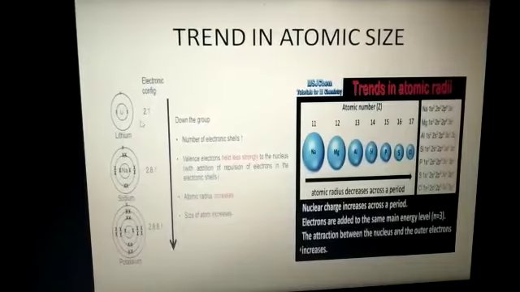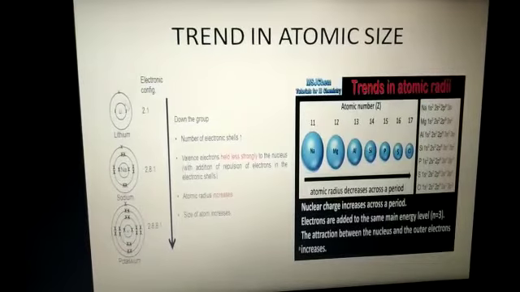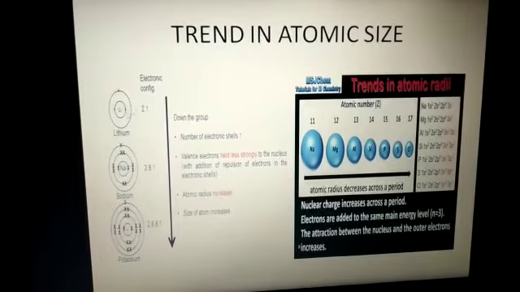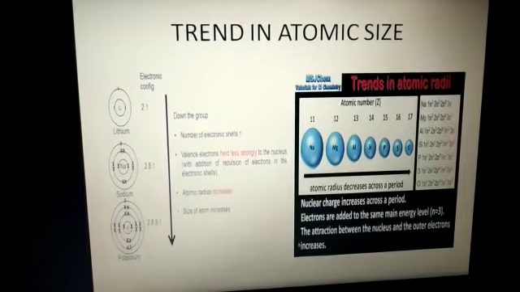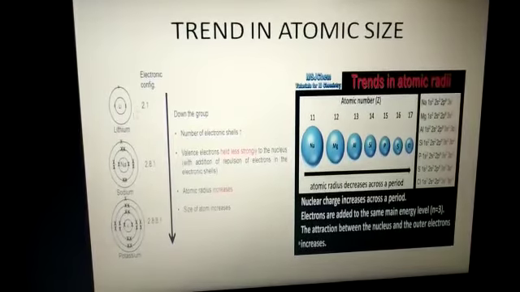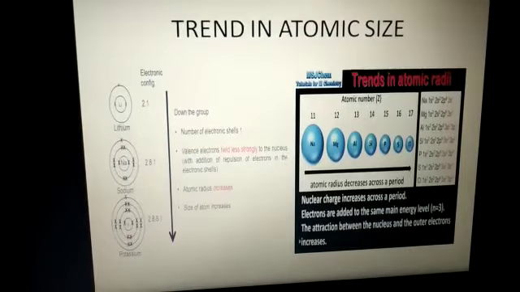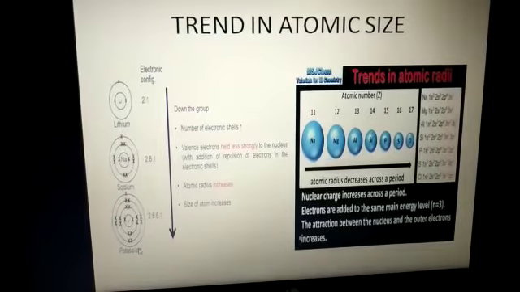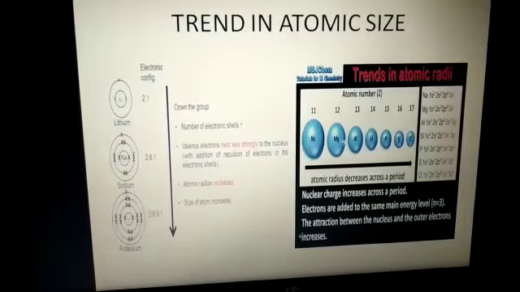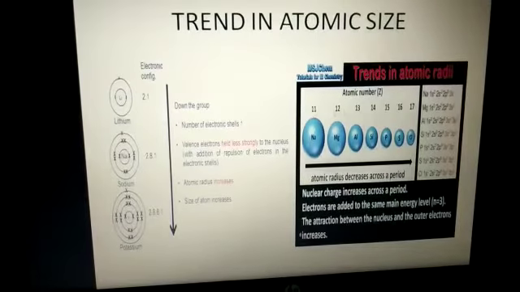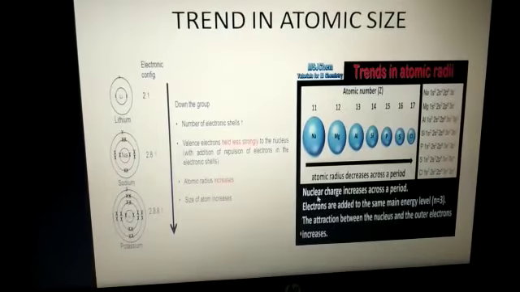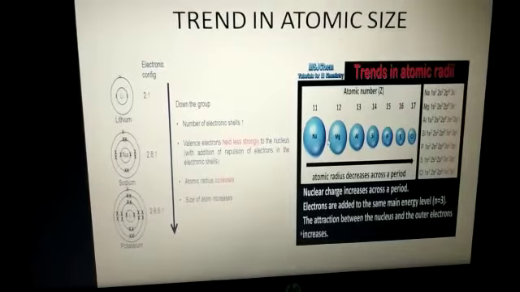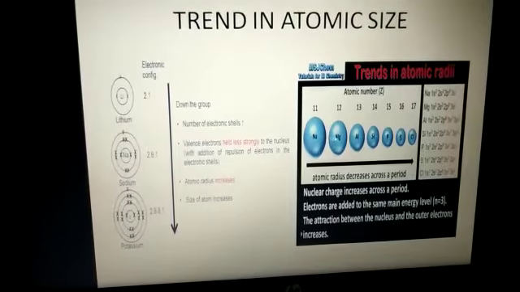We can see clearly that in the first group, the elements have 2 shells for lithium, 3 shells for sodium, and 4 shells for potassium. So as we move down in a group, there is an increase in the energy shells, which results in the increase in size of the atom down a group. Well, if we move in a row from left to right, the atomic number is increasing by 1, which results in the increase in nuclear charge. The effective nuclear charge pulls the valence electrons more strongly. Therefore, the atomic size decreases along a row.